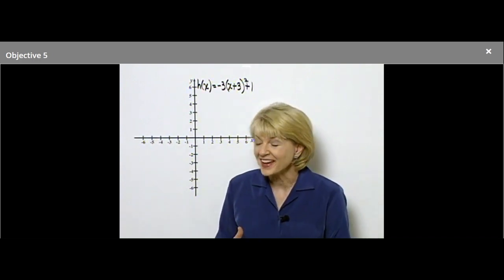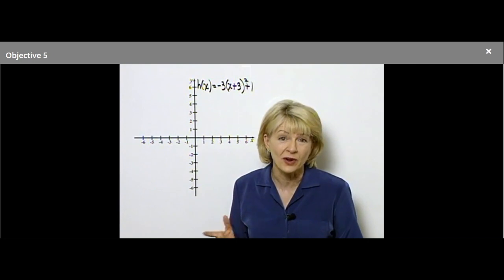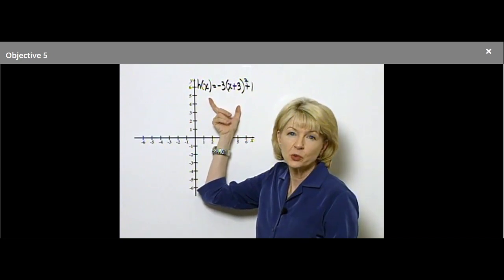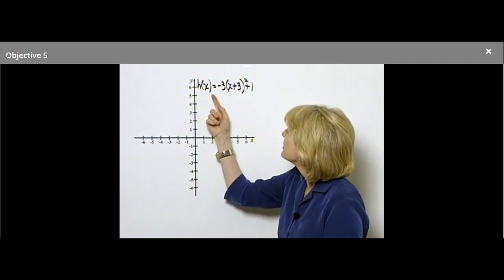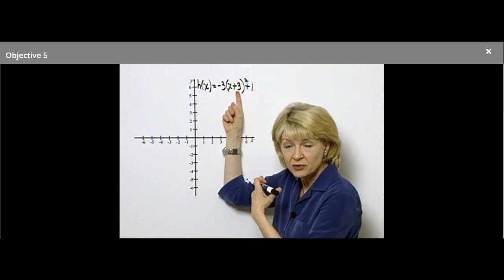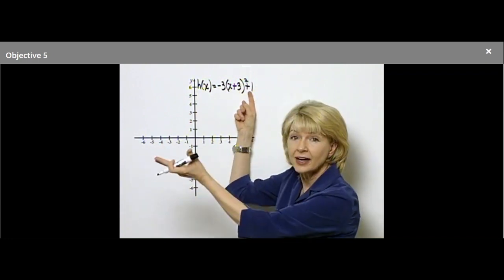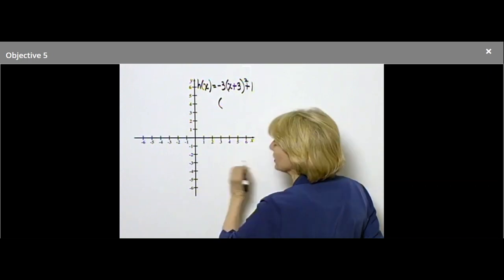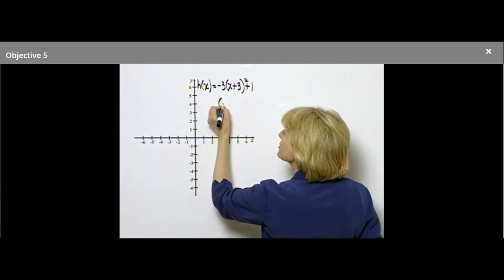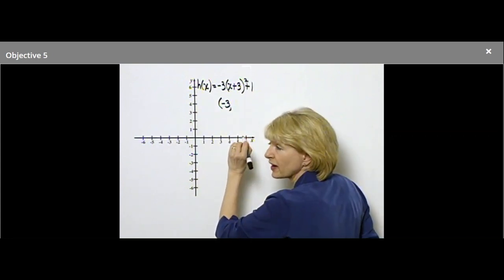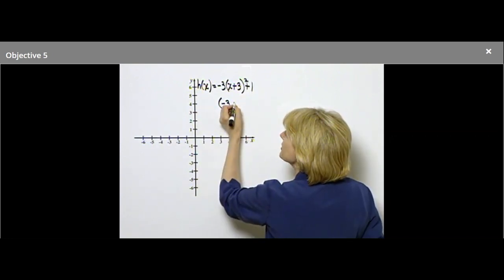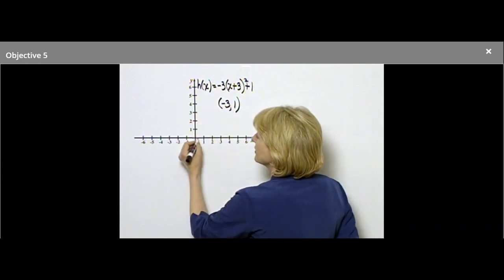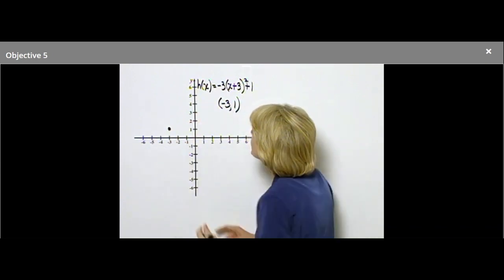So let's try and put it all together, and let's sketch the graph of this quadratic function. Its graph is a parabola. If you'd like, you can think of this in two ways. You can think of this as the parabola shifted 3 units to the left and then 1 unit up. Or if you'd like, you can go directly to the vertex. The vertex has coordinates the opposite of this. So -3, that is the x value of the vertex, and then whatever that is, in this case, 1 as the y value. So let's now graph our vertex, -3, 1,